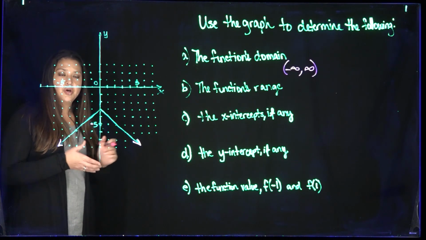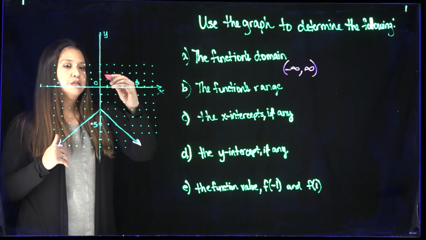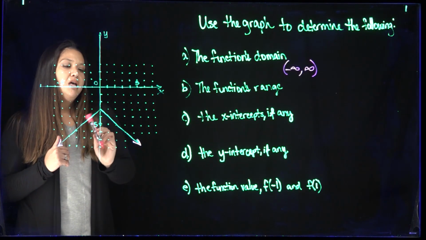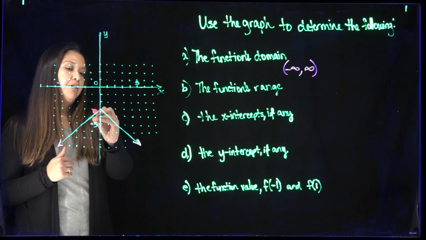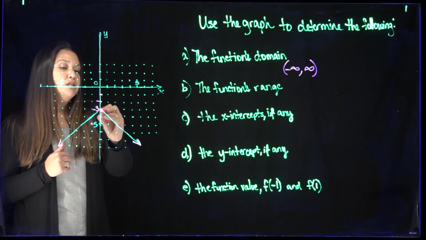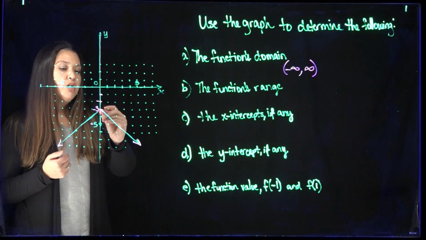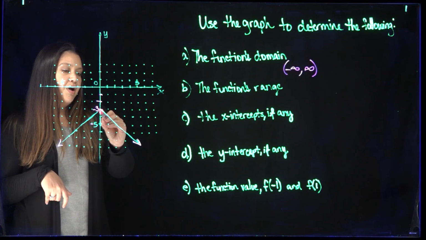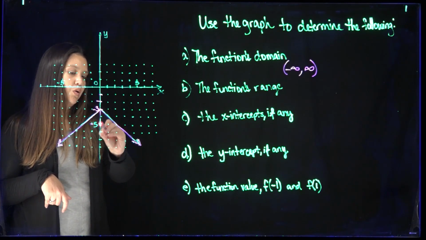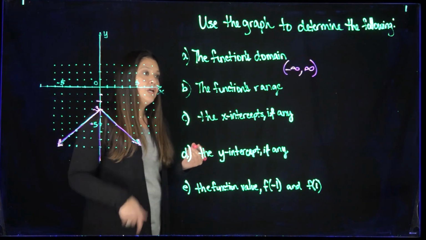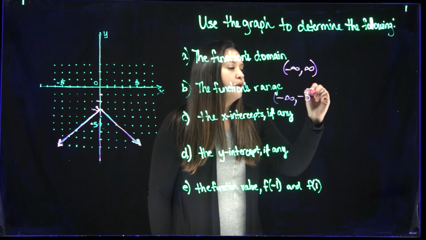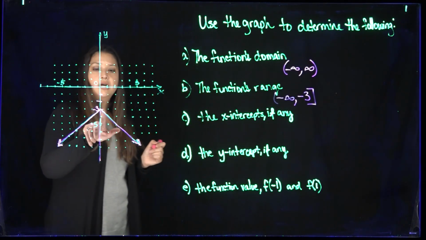Now the function's range. So now we're talking about the y-axis. How far high does it go? Well, it actually doesn't even go above 0. It actually starts down here at -3. As you can see, -1, -2, -3. And the highest value that it goes to is -3. So that's going to be the highest value, and it's going to continue on forever and ever declining. Therefore, the range is from negative infinity to -3, inclusive of -3